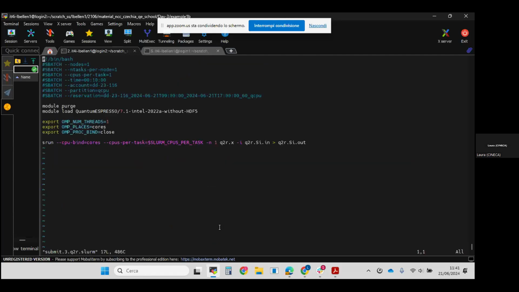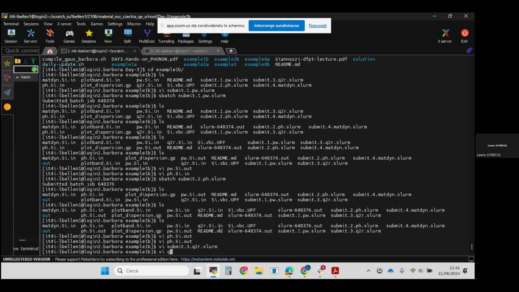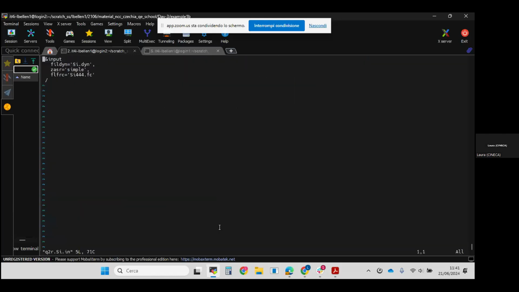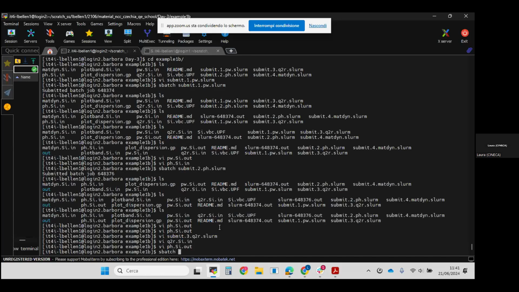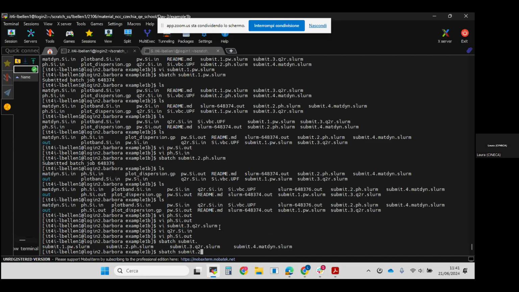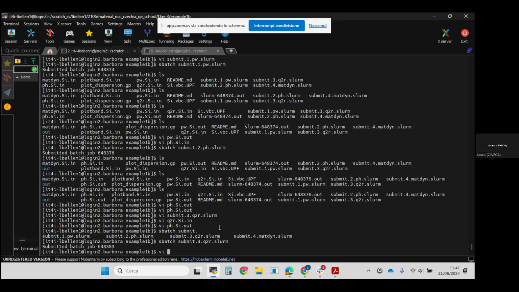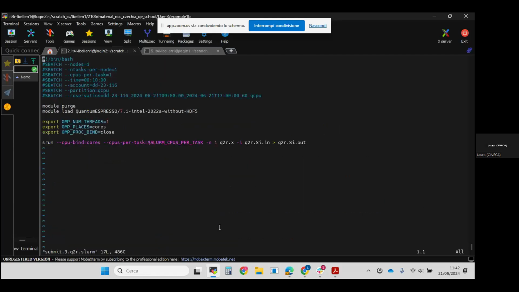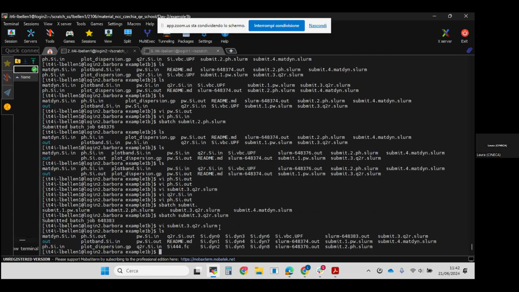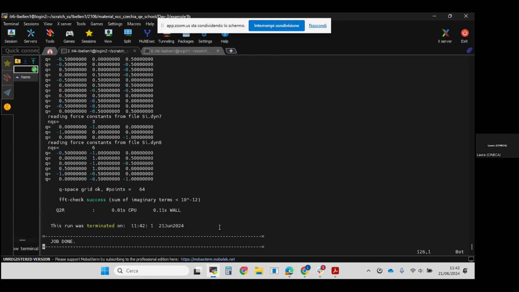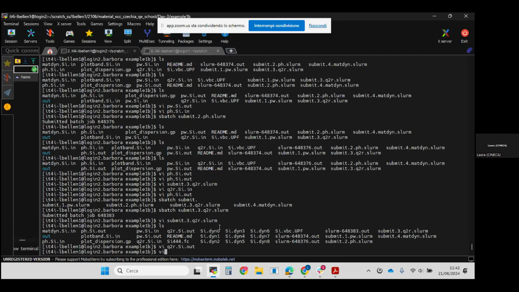Then we need, as we have seen, to use Q2R in order to compute the Fourier transform in the real space. So I think the simulation on phonon, okay, this is done. Also, Q2R can be launched with just one task because it's compiled for MPI, but it's not distributed. This simulation should be very fast. Okay, this is done. This generates this file